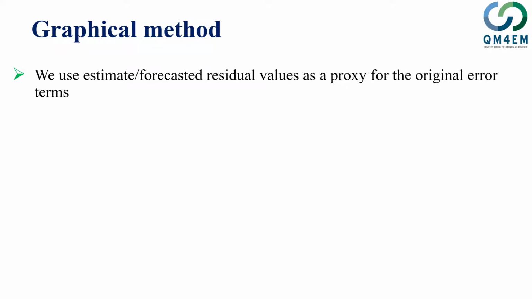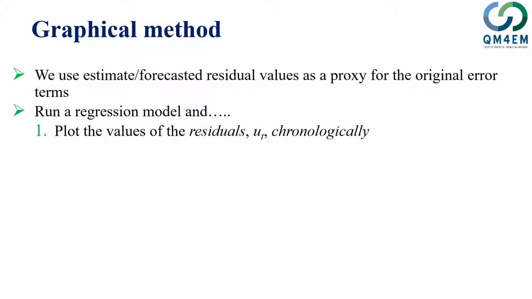The problem is we don't have the original values of the error term, so we use the forecasted value of the error term as a proxy for the original error terms. The forecasted value can be obtained by first running the model, and then we can plot these values chronologically